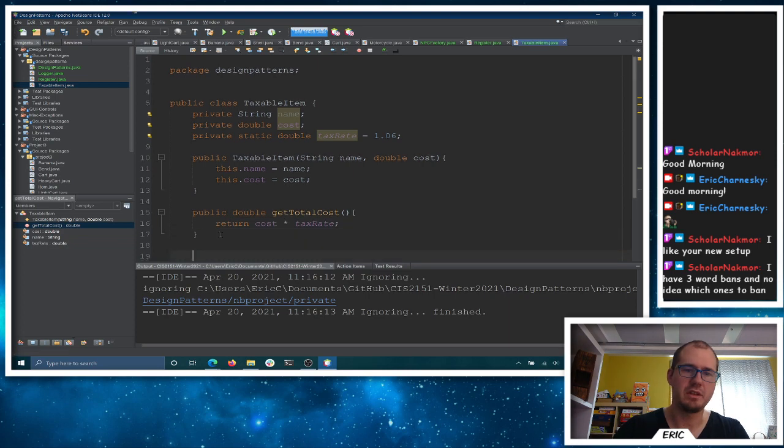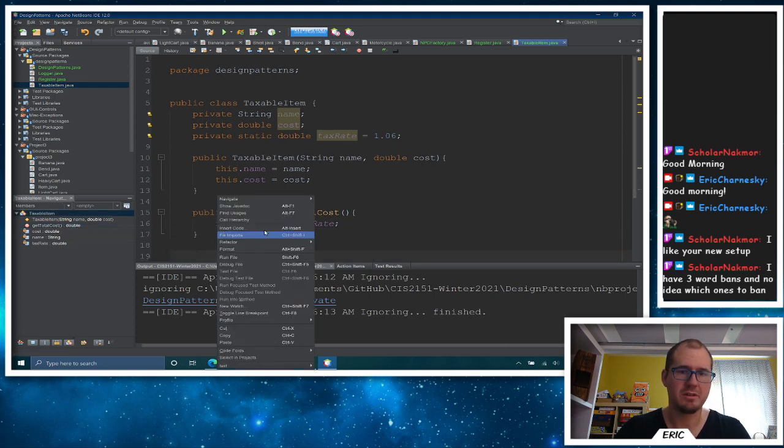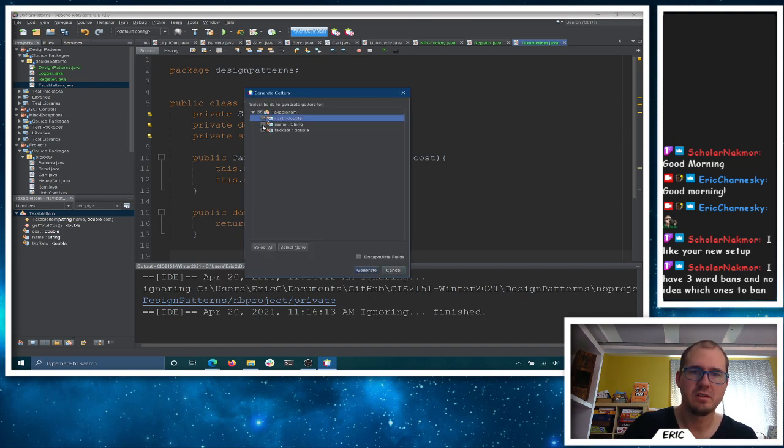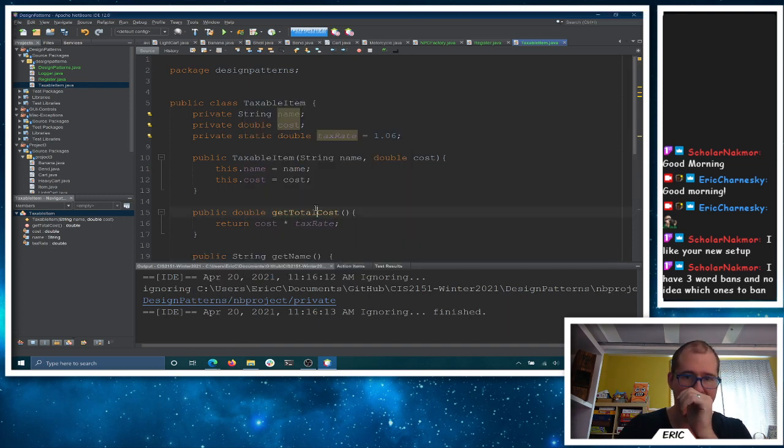And then we also need the get name. So we'll do some insert code real quick. Insert some getters. Name, cost. So we can even get tax rate. Why not? Okay. So we can have these values here. So we can have taxable items. We can have non-taxable items. We can have all sorts of